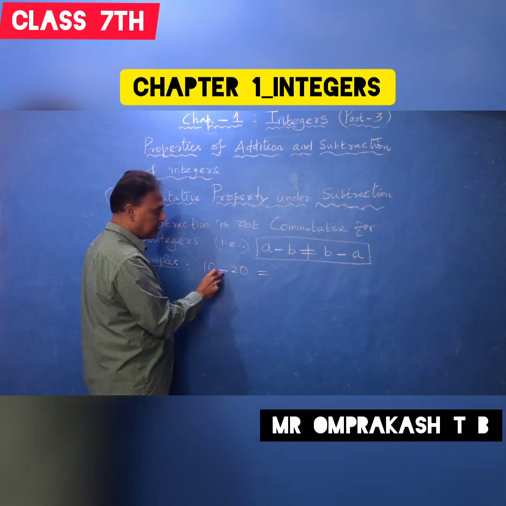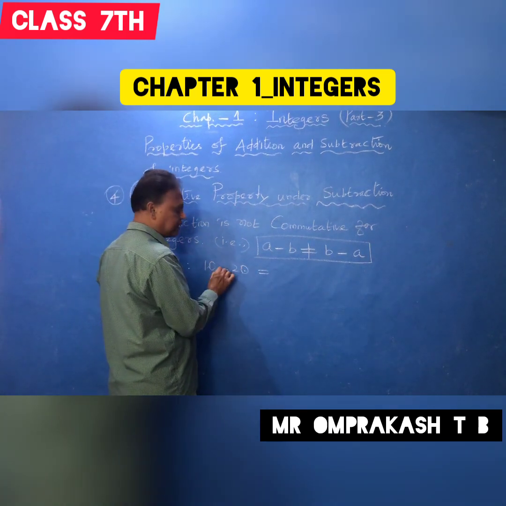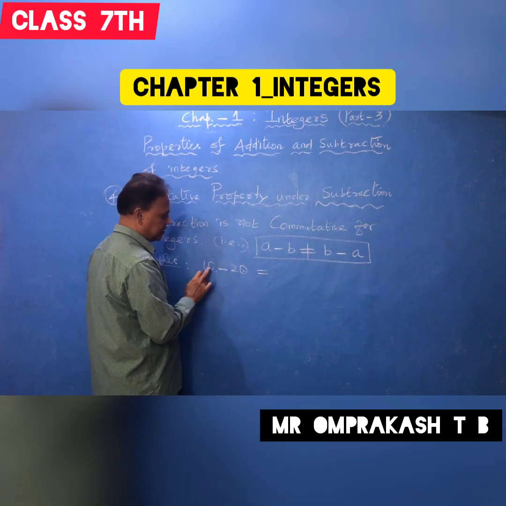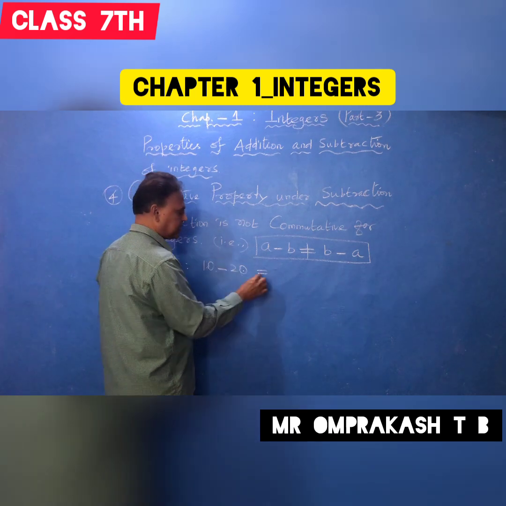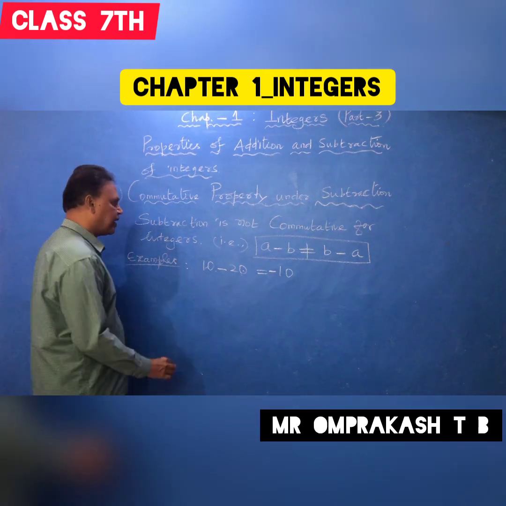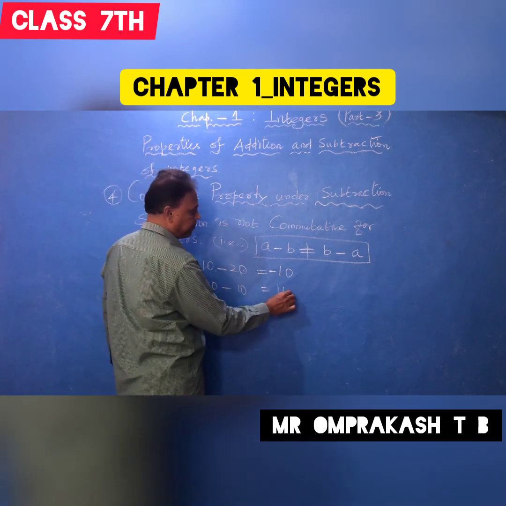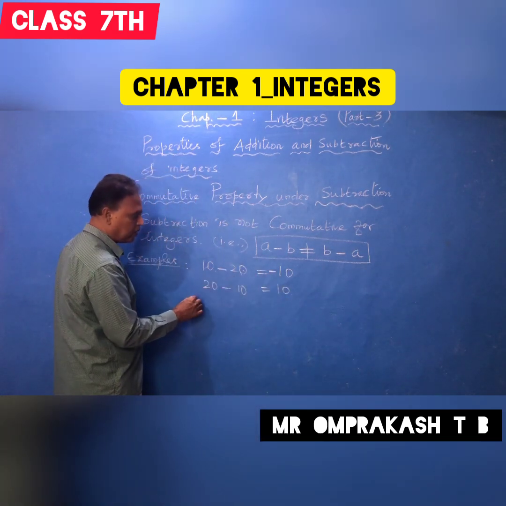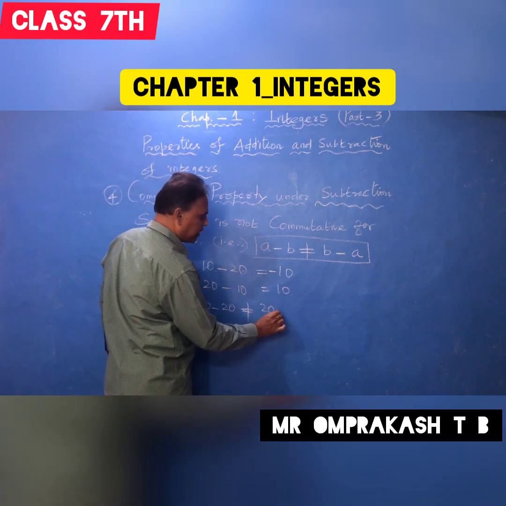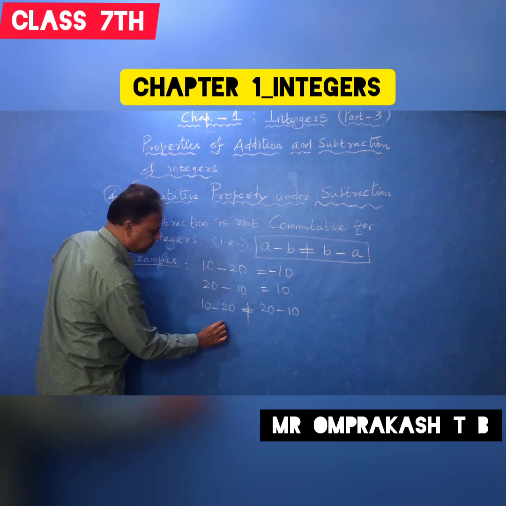Okay, minus is already there in the property. Clear? So 10, 20, two numbers, subtract. What is happening? You see, 10 and 20 have different signs, plus and minus. That means subtract. 20 minus 10 is 10, but the bigger number's sign is minus. Clear? Again you take 20 minus 10. What will happen? 10. Therefore LHS is not equal to RHS. That means 10 minus 20 is not equal to 20 minus 10.